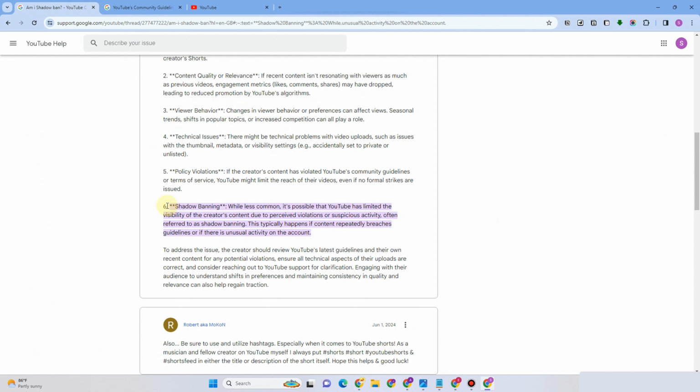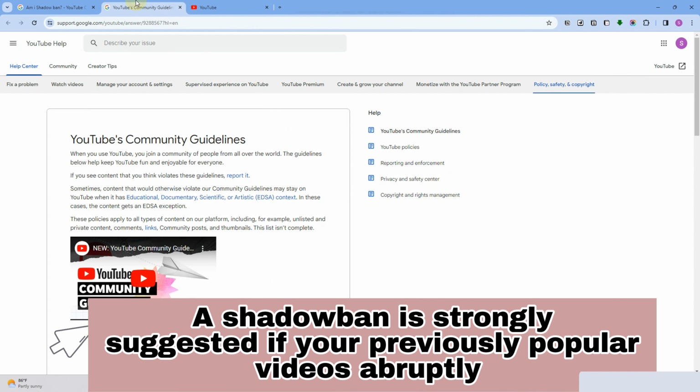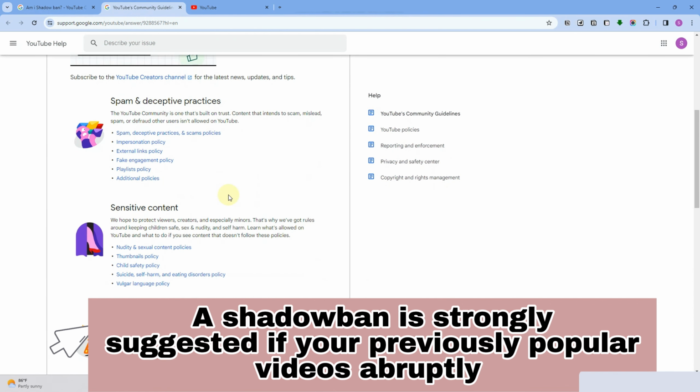So as you can see here, one important sign of a shadow ban on YouTube is the content's presence in the search results. A shadow ban is strongly suggested if your previously popular videos abruptly vanish from search results or drastically decline in